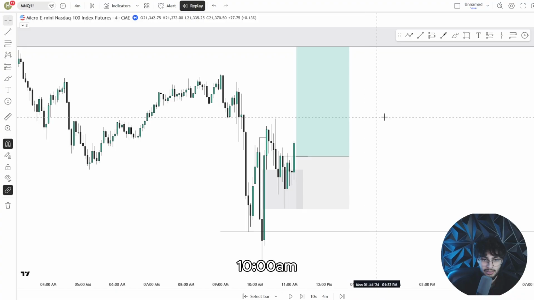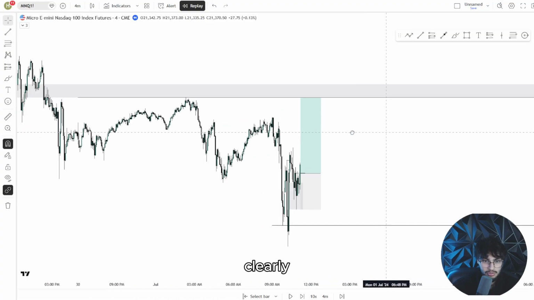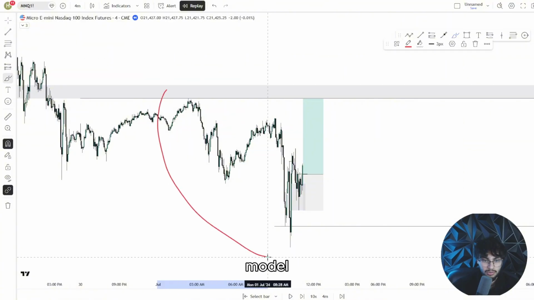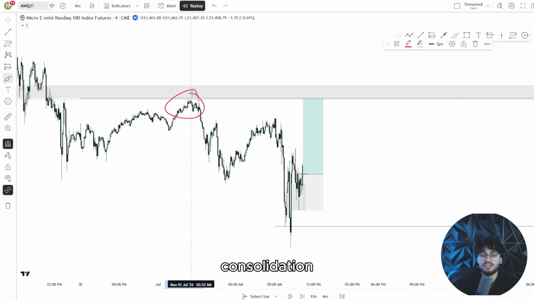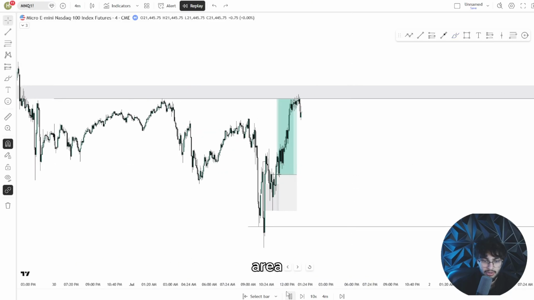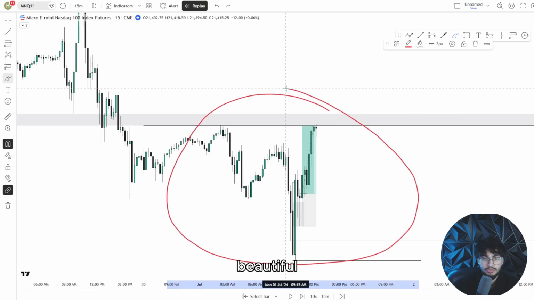Let's see how this 10 a.m. AMD model works with liquidity and market maker models. And you guys can clearly see this is the sell side of the model, and then we're starting the buy side of the model, trading towards this consolidation. And you guys can clearly see we tap into that area and we tap into that gap that we want price to react off of. So this is a beautiful trade,